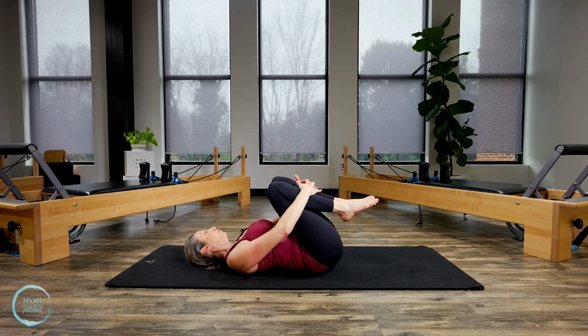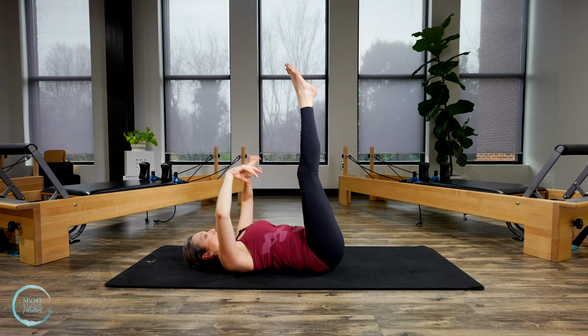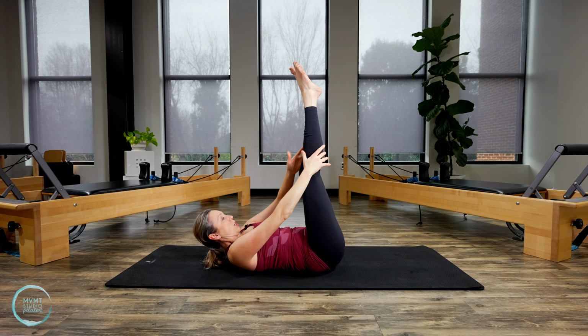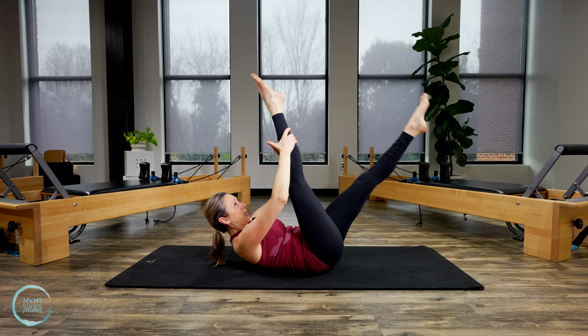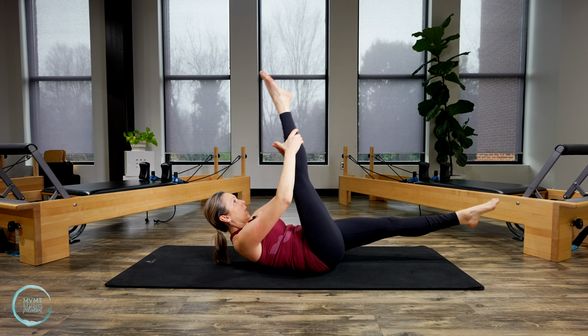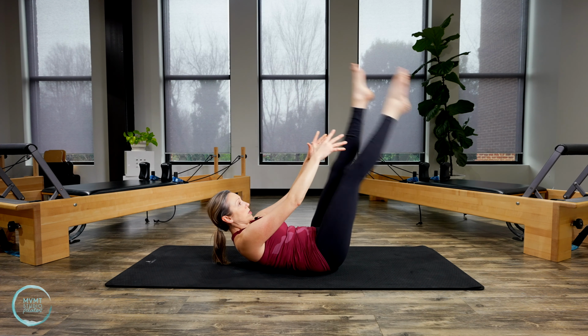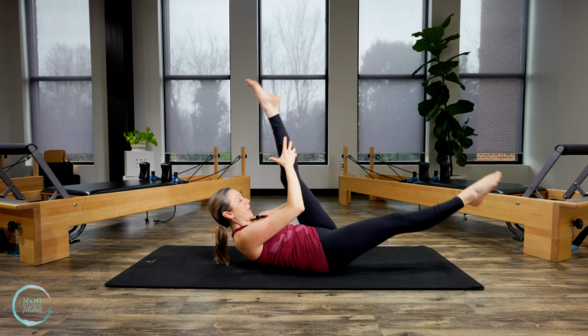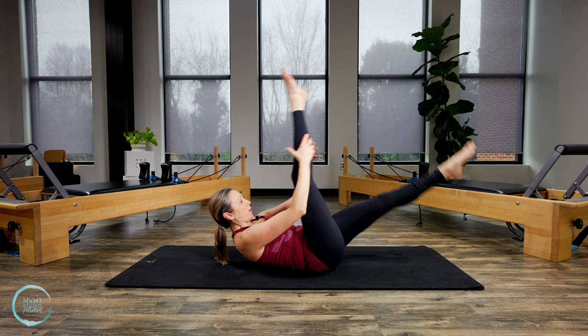All right, moving straight into our single straight leg stretch. So similar to single leg stretch, you're gonna lift up. You're gonna this time keep your legs straight as you bring your hands behind the right leg. We pulse, pulse, bring that leg towards you, switch, pulse, pulse. So same feeling here with the shoulders. Staying down and back,